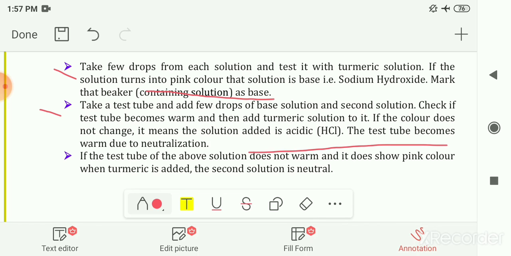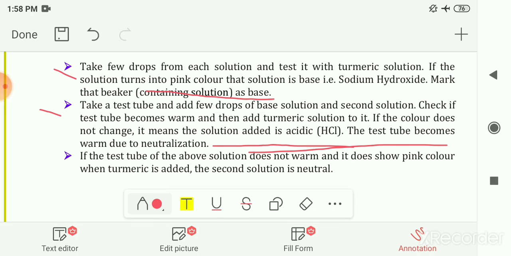After adding the second solution, you have to check whether the test tube is warm or not, and then add turmeric solution into that test tube. If the color does not change, it means the solution added is acidic, that means hydrochloric acid. After adding the turmeric solution, if the color does not change, then we can say that the solution which we added is acidic, that is hydrochloric acid, because the hydrochloric acid neutralizes or nullifies the effect